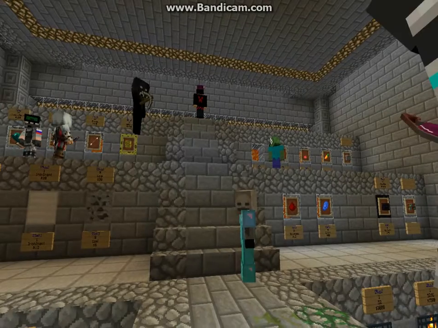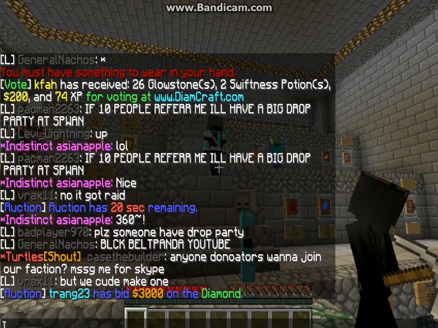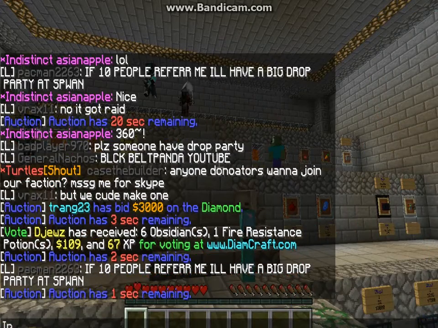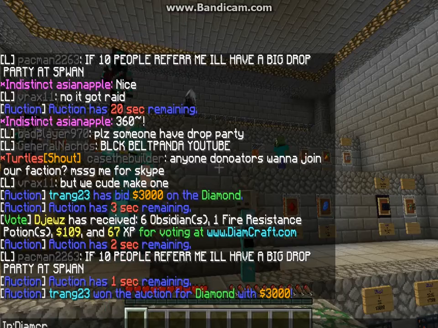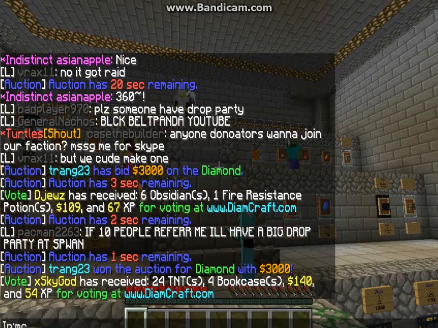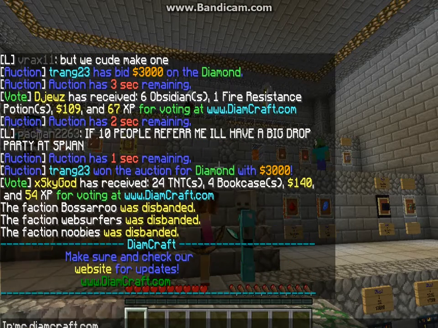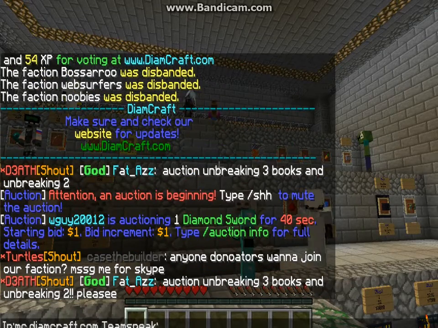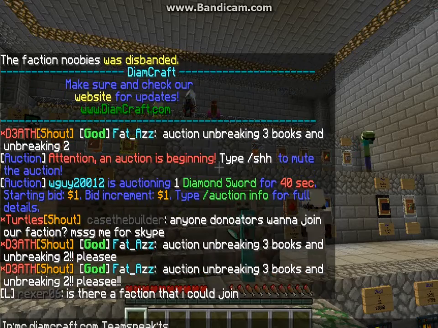The IP is, oh wait, DiamCraft. Oh no, mc.diamcraft.com. The Teamspeak is, if you saw earlier in the video what it was, then you won't have to look at this. Teamspeak is ts.diamcraft